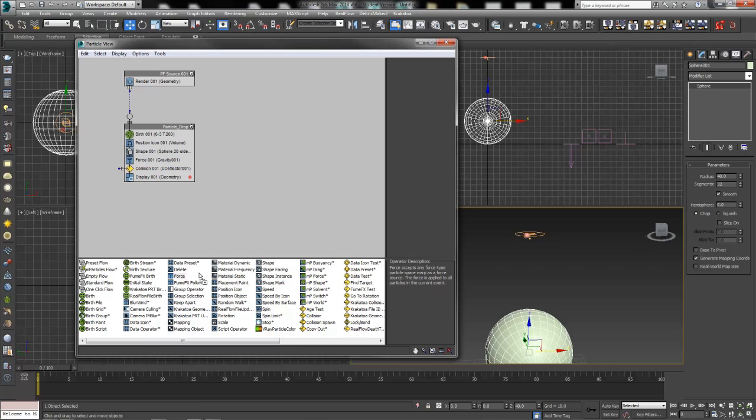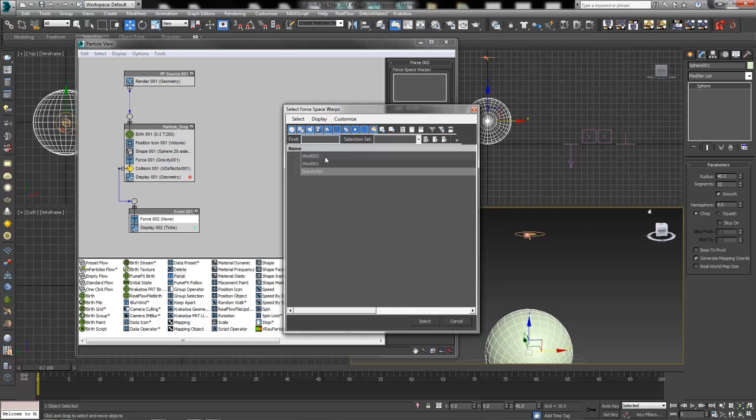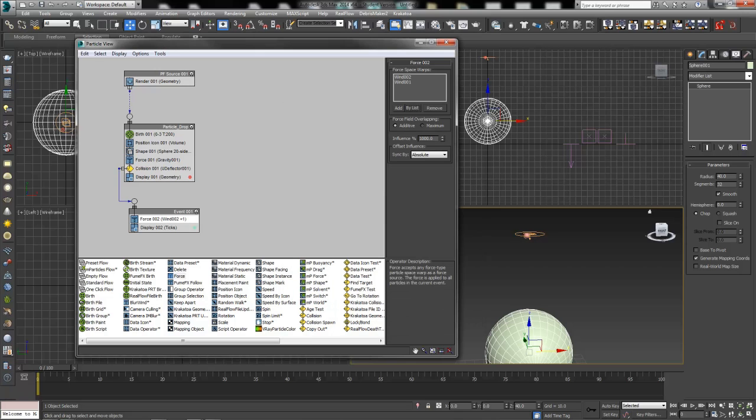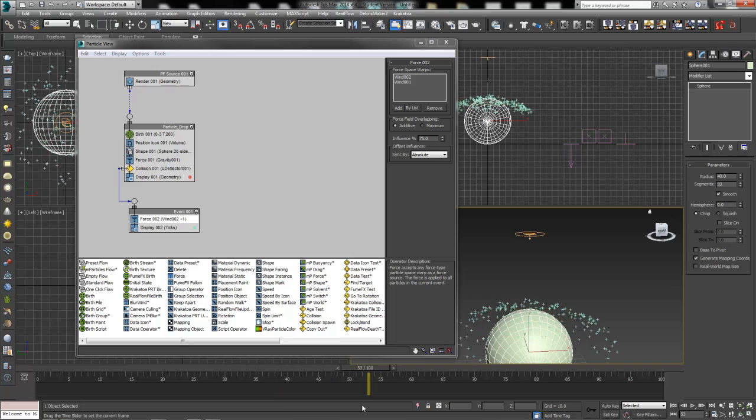So I'm going to come down here, drag out a different force, a brand new one, and I'll connect these guys from that new blue node that we have from our collision to this guy. This force, I want to go ahead and by list add both my winds to it. Which means as soon as they hit down here, the winds are going to take over and scatter our particles in pretty much all directions. And we don't want them to be blown away like this, so we can probably use a lot less influence. Let's drop that down to like 100 to 75. And now we're starting to see a little bit less hairy chaos in here.